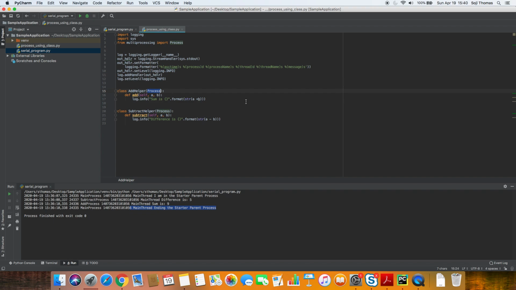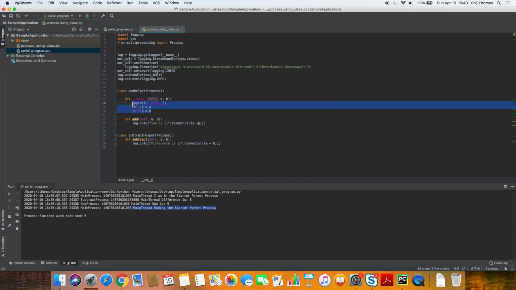Now, when we have a process, the way it works is we can override the init method, and you must be familiar with the init method. Again, I'm not covering all the Python basics here. The init method is going to instantiate certain class or instance level variables. So we take our constructor, take a and b parameters, and assign them to self.a and self.b that can be accessed from here. So I'm going to say the add function will add two variables, and it's going to log the line a plus